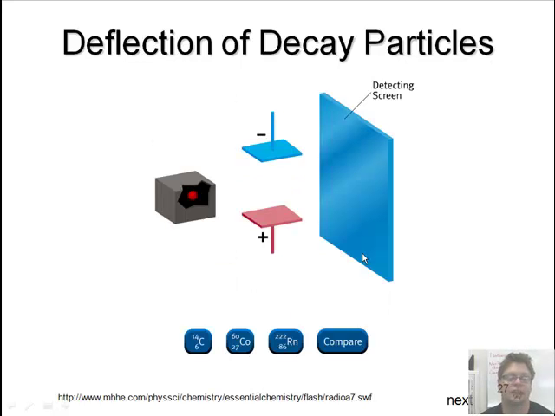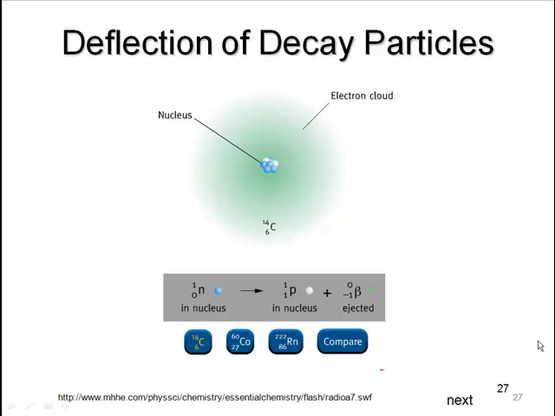If you look at decay, carbon-14 spontaneously emits beta particles from its nucleus. Since beta particles are attracted to the positive plate in an applied electrical field, they must be negatively charged. In fact, beta particles are electrons that are formed and then emitted from the nuclei of certain radioactive isotopes. In the decay process, a neutron is converted to a proton and a beta particle. A carbon-14 nucleus contains 6 protons and 8 neutrons. During beta decay,